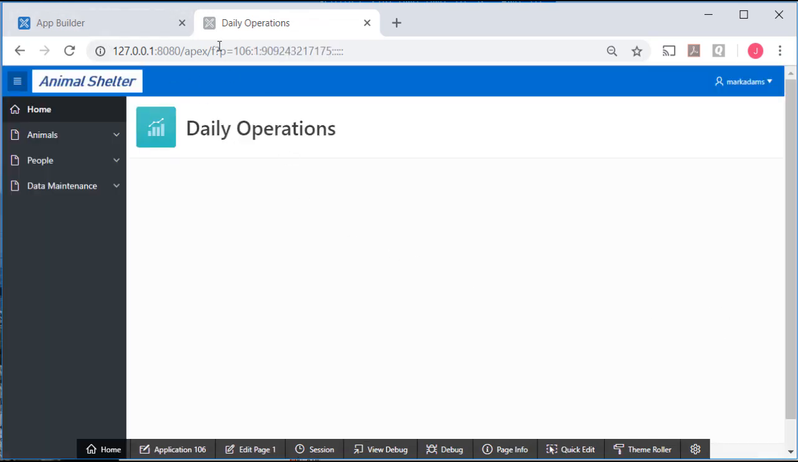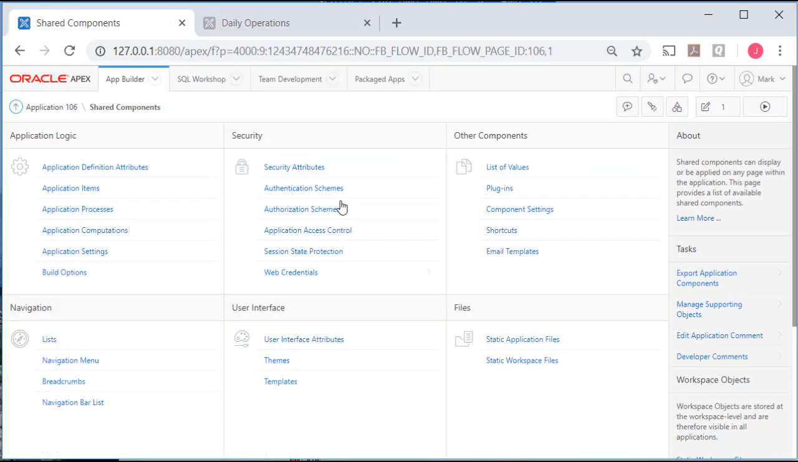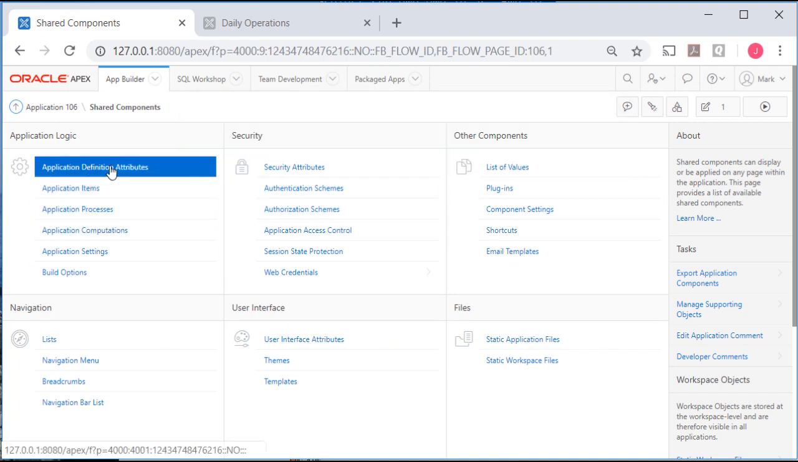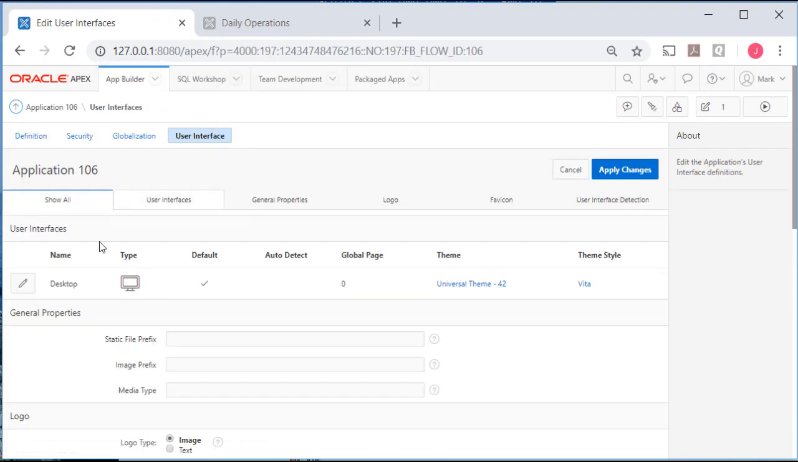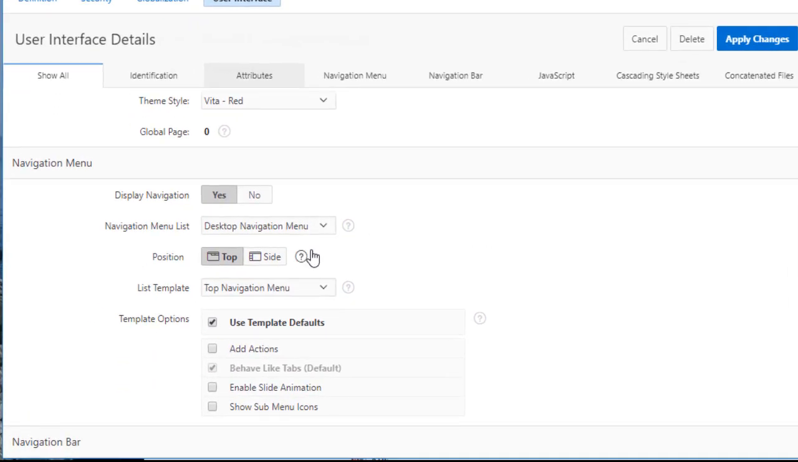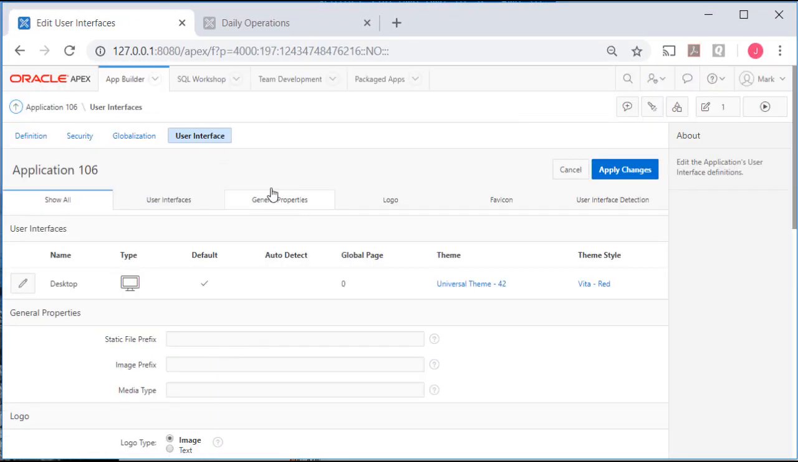This looks exactly like the other application, so I want to make a few edits here. I want to go to the application. I want to go to the shared components. Remember, we changed the layout of the menu. I want to come into Application Definition Attributes. I want User Interface, and I will click on User Interfaces. So I've selected Desktop Navigation Menu, but switch position to top, and we have Top Navigation Menu, and I'll apply those changes,